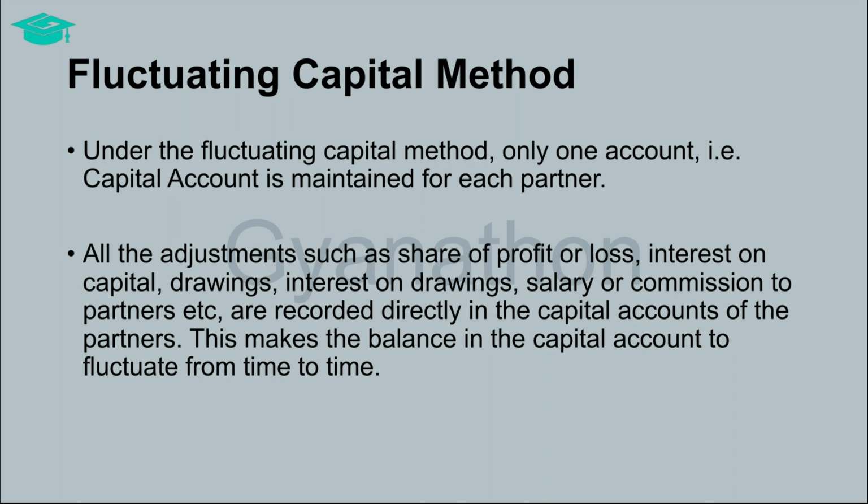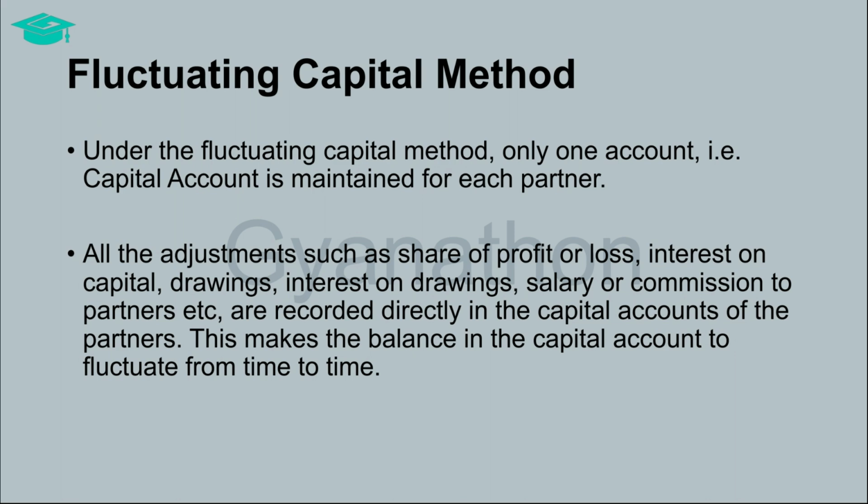Now let us look into the fluctuating capital method. Under this method, only one account is maintained for each partner, that is, partner's capital account. All the transactions between the partner and the firm are recorded in the partner's capital account. This includes the transactions in relation to the capital, that is, addition and withdrawal of capital, as well as other transactions like receiving share of profits, contributing towards share of losses, drawings, interest on capital or drawings, salary or commission